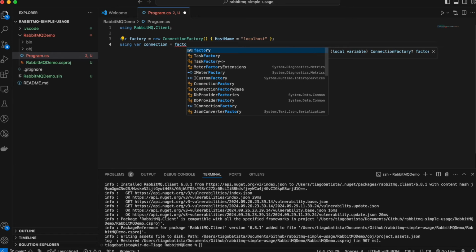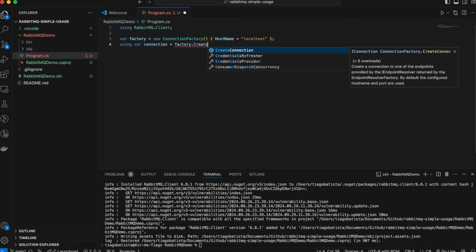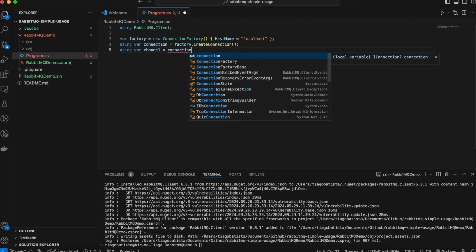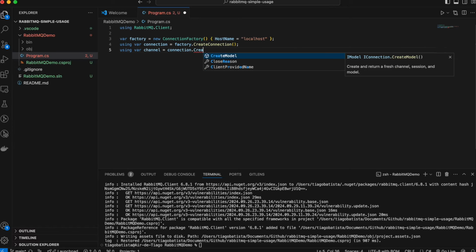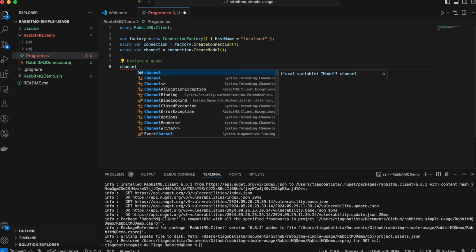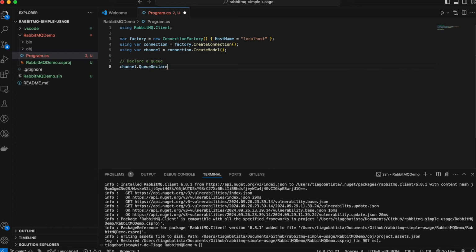So we do factory CreateConnection. Now we create the connection to the localhost, and we are going to create a channel as well, a disposable channel, and we'll make CreateModel. Then we will declare a queue. So we go to the channel, QueueDeclare,